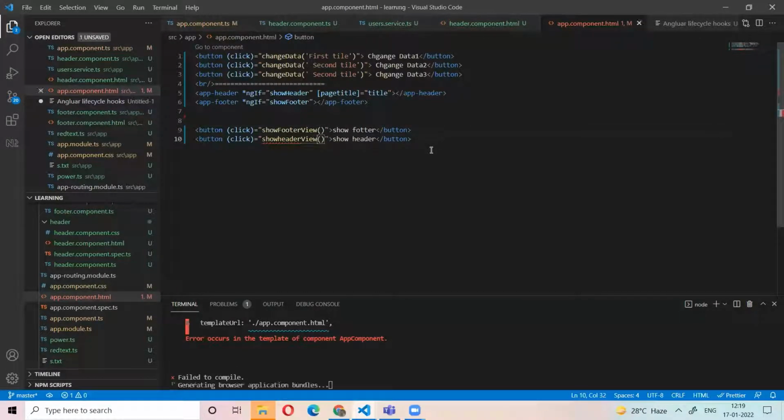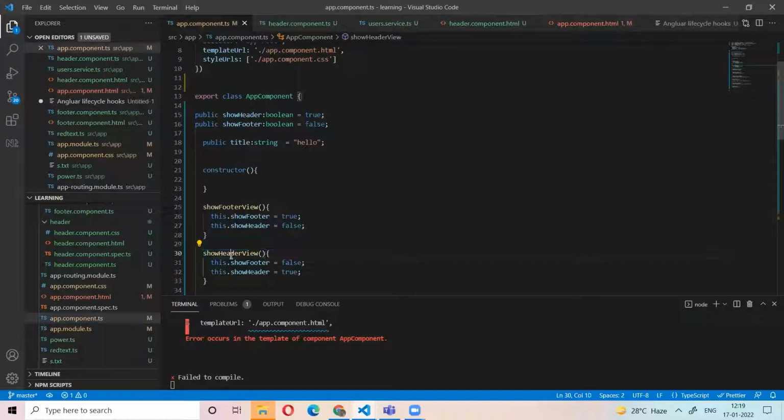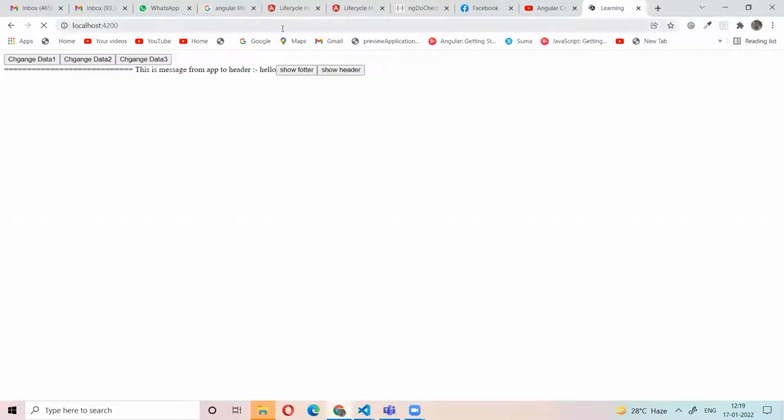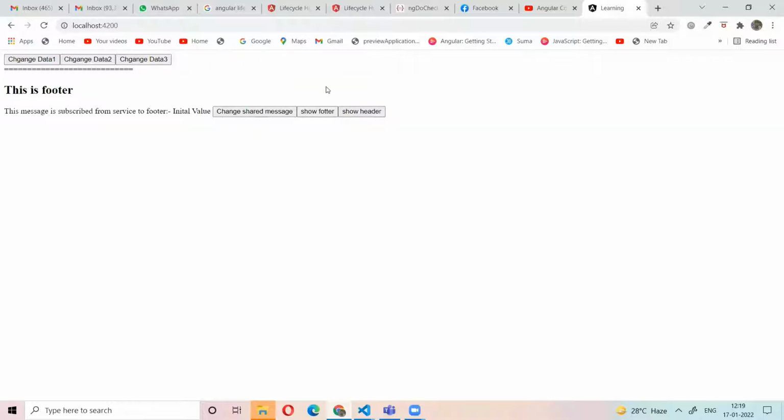Okay, simple. Initially I have the header loaded. If I click show footer, the header component will be destroyed and the footer component will load. If you click show header, the footer component will go and the header component will load.